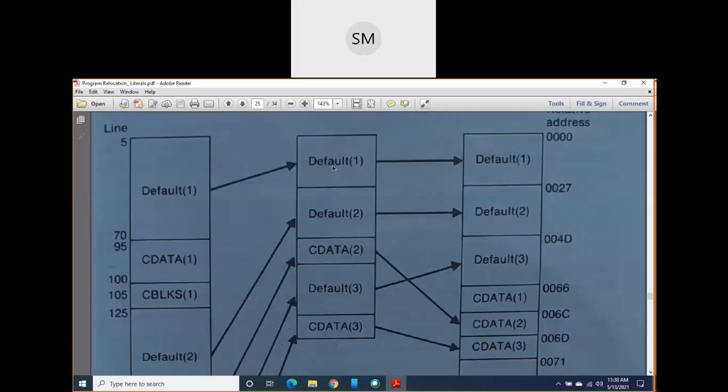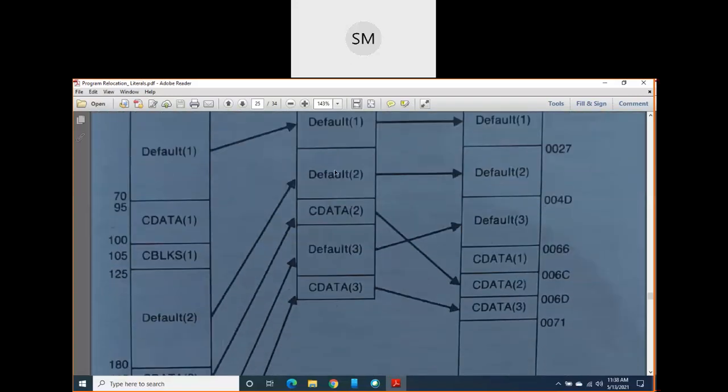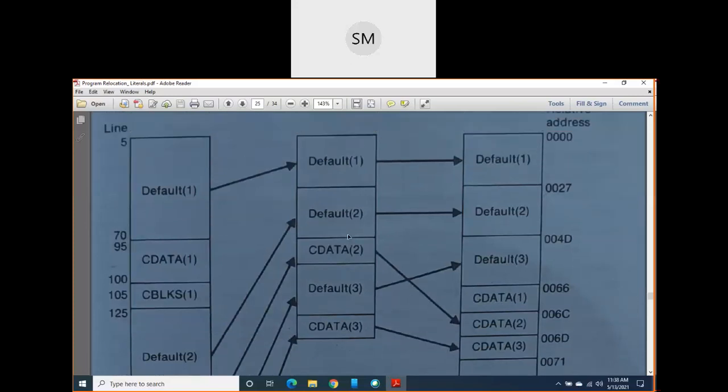Okay, after the completion of the C data block only, it wants to load the C block, that is third. Okay, so here if you observe your object program, there is no block called C block. Why? Because in the C block, there are no object codes.